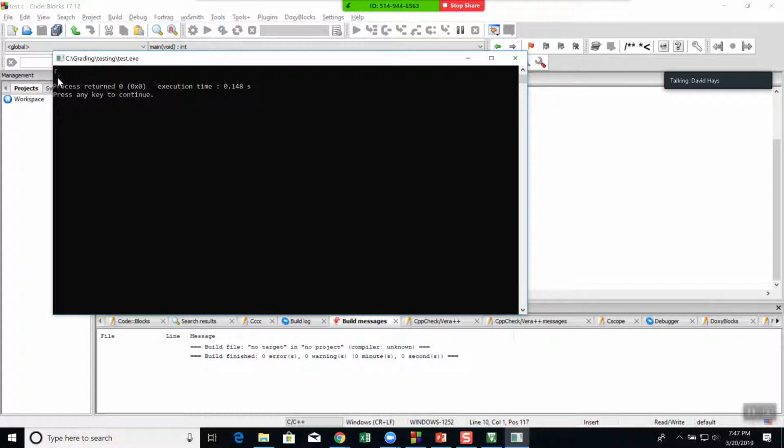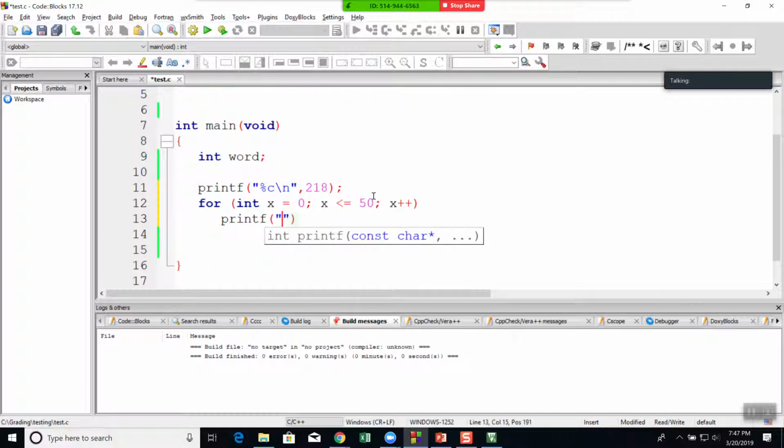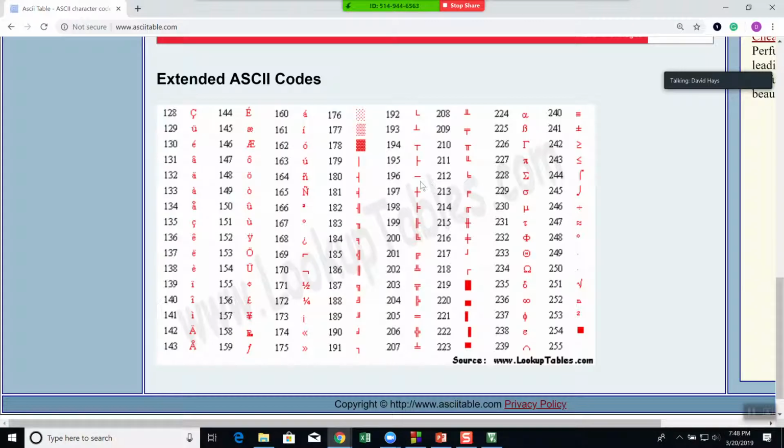Does my upper corner. Then, if I wanted to loop for, I don't know if I can declare that. I'm getting the languages mixed up. For x less than or equal to 50, x plus plus, printf %c\n, and then I'm going to print the line, I think